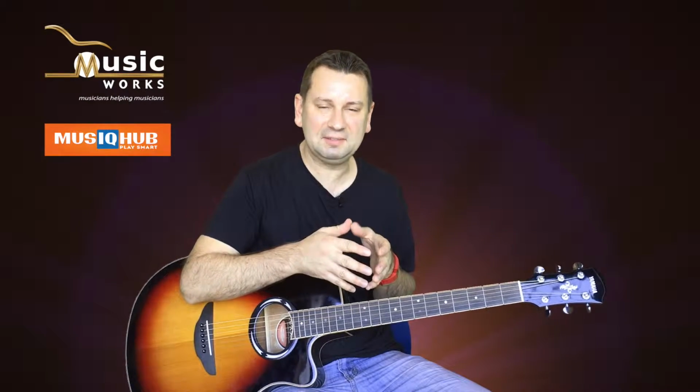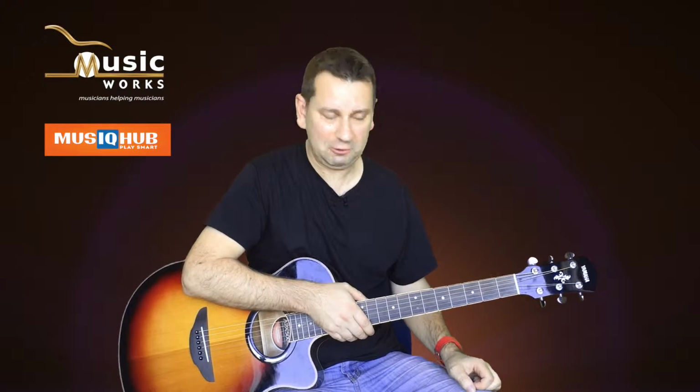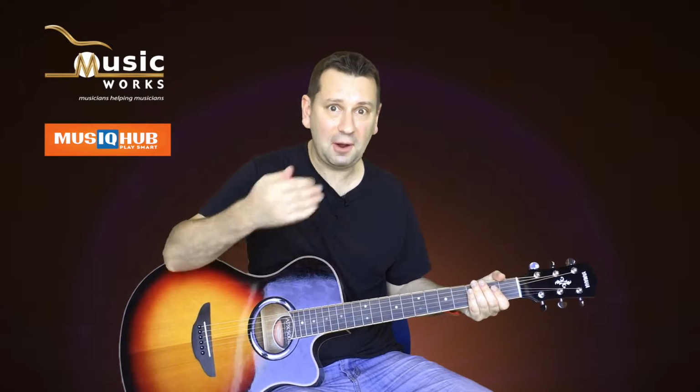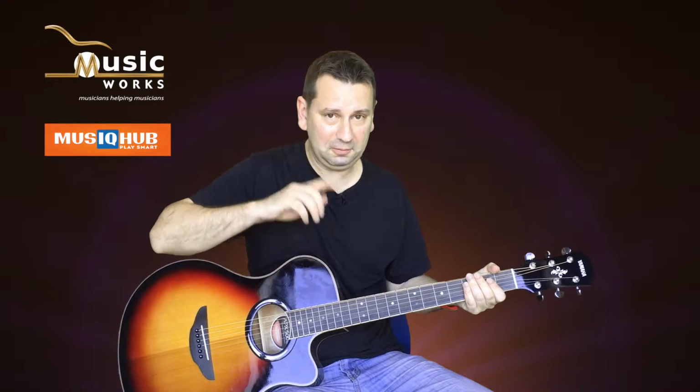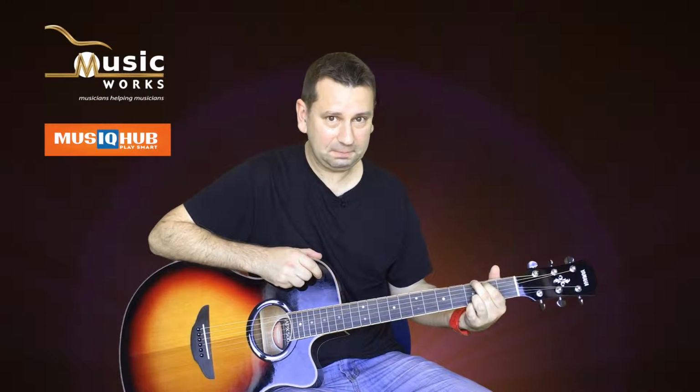a song. Now when you first try to do this, it's pretty difficult. You've got to remember the shape, you've got to get to the next chord, and depending where it is, that might be a bit tricky. Just take your time. It's something you'll need to go over and over again. So first of all, first two chords we're going to have a look at is a G chord going to